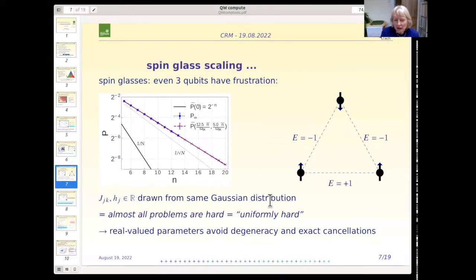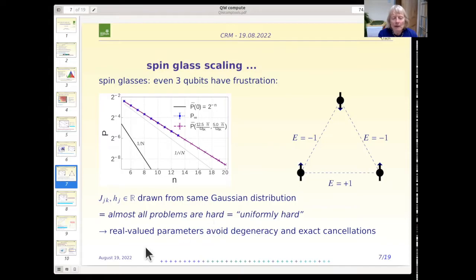And these 2 factors mean that for spin glasses, although this is an asymptotic concept, how hard the problem is, it's a problem that's uniformly hard. So almost all problems are as hard as the hardest problems. And you can see that if you wanted to get an easy problem, you would have to draw very special values of the H's and the J's from the Gaussian distribution. And because it's a continuous distribution, it's a vanishing probability that you would get all of them to be special